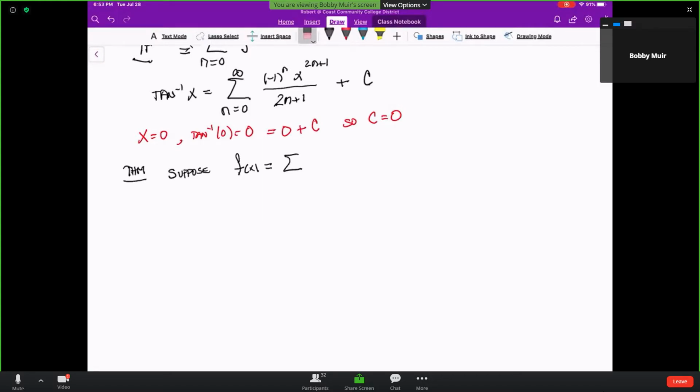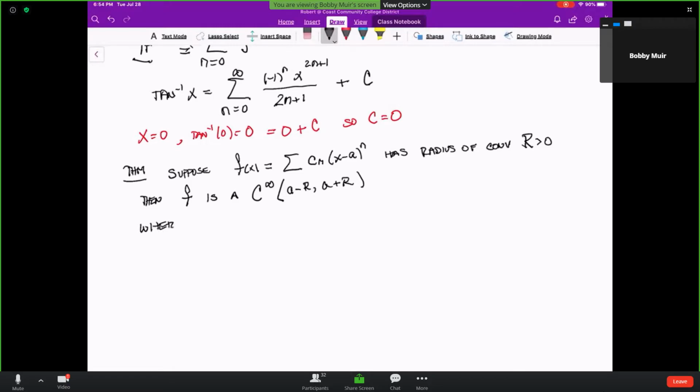So, and I won't even put the counters there. c_n (x minus a) to the n. Suppose this has radius of convergence r, which is positive. Then f is a C infinity function on the interval a minus r to a plus r,